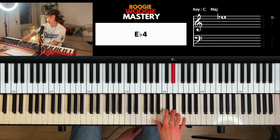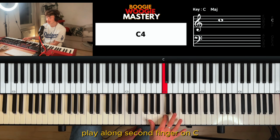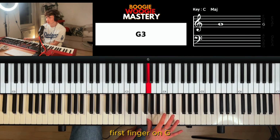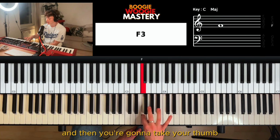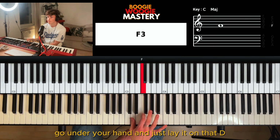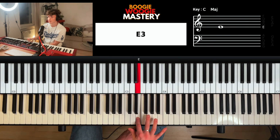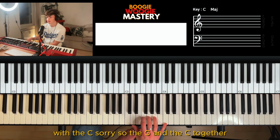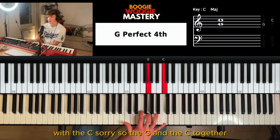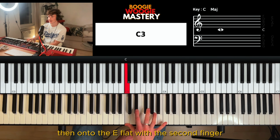So 3rd finger on E flat, 4th finger on E, go very slow with me here, play along. 2nd finger on C, 1st finger on G, 2nd finger on F. You know, you're going to grab over your hand, and then you're going to take your thumb and go under your hand and just lay it on that D, then on that E flat, and then you're going to drop down on the E, okay, then you're going to go onto the G with the C, sorry, so the G and the C together, then you're going to go onto the C, then onto the E flat with the second finger,